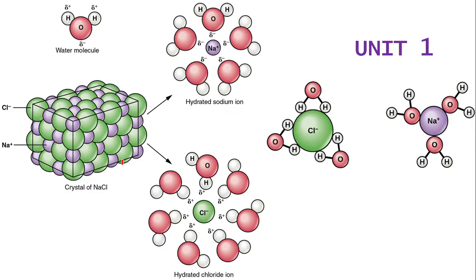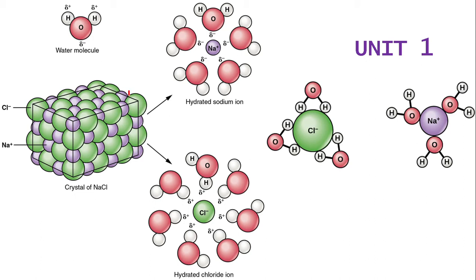You see, this is actually a water molecule. You know that water is H2O, and water is actually a polar molecule. The hydrogens are having a small positive charge, delta positive, and the oxygen atom is having a delta negative charge. And this is the structure of sodium chloride. You know that sodium chloride or table salt is soluble in water. You see what happens to sodium chloride when it is dissolving in water.